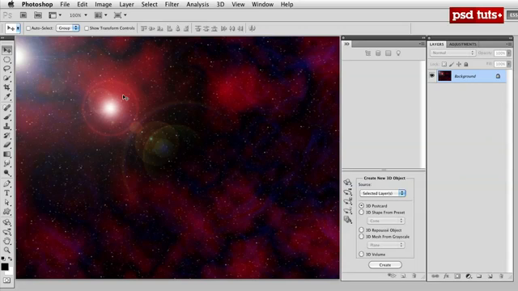Today I'm going to show you how to use the 3D tools inside of Photoshop CS5 to create a planet in space. Alright, let's get started. You can see on the screen in front of you that I've already prepped a background layer with our space